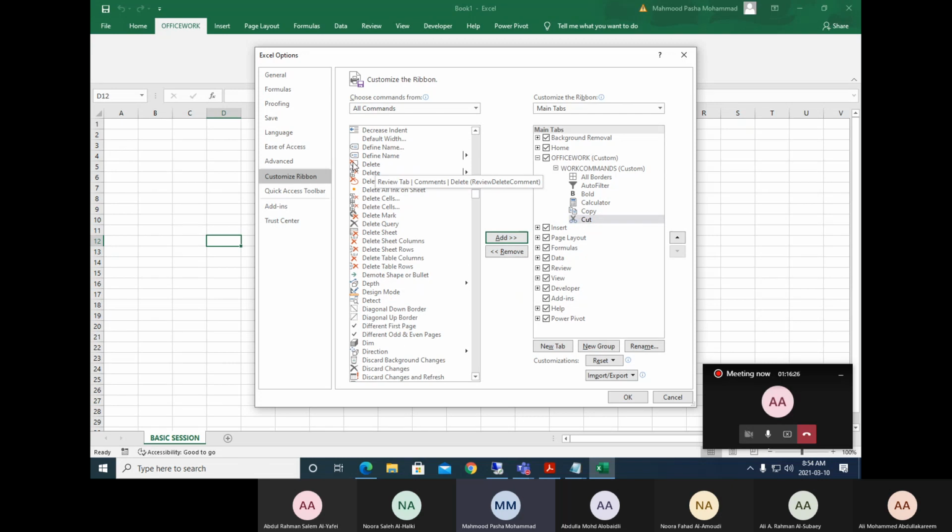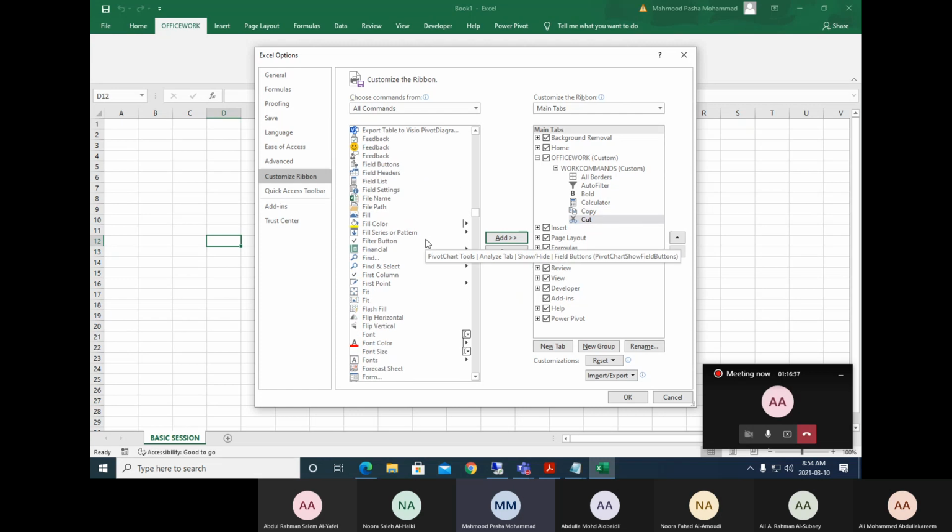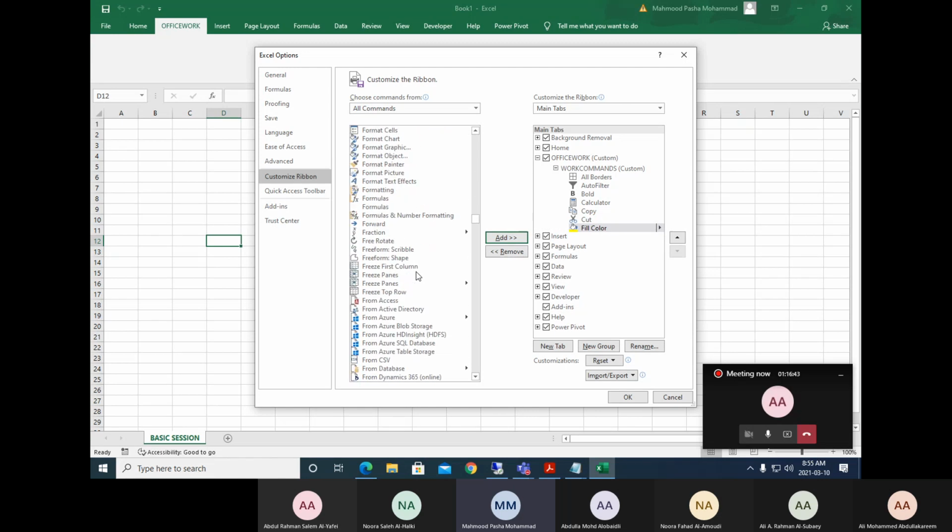So you can see here delete comment, delete comment. Okay, so this is delete cell, right? So whichever is your requirement, you can use them. I'm just showing you one sample over here. According to that we can use them. Fill color, you can add a fill color over here. Okay, the same way, come down.